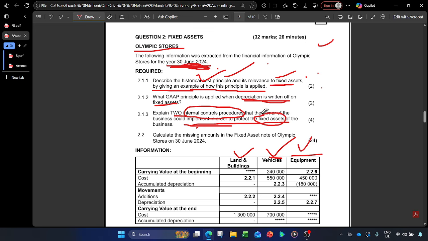Remember, fixed assets, they are four. So we have land and building. So we have to protect the land. That is why there is always a yard in a business. Now coming to the vehicles, we have the delivery guys who deliver goods far away from the business. So let's say this is the question: how we can protect those vehicles that are going out of the business, and there's no one that knew where are they going, right?